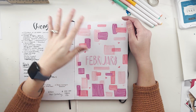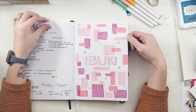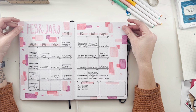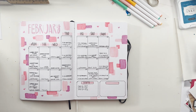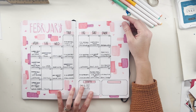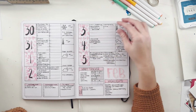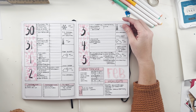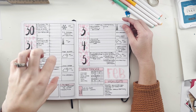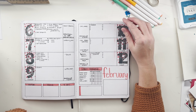So obviously my February monthly cover page, I loved this. I loved the way that this all turned out. Super busy this month, honestly. Nice full monthly spread. And yeah, I just love how everything came out. First week, like I said, nice full different type of spread, and I've definitely loved this layout and have stuck with it. As you will see, this is the week that I did get sick, and